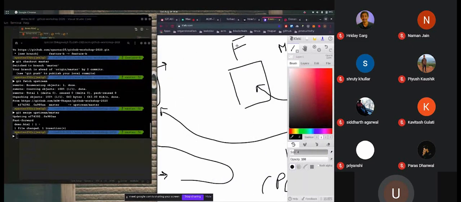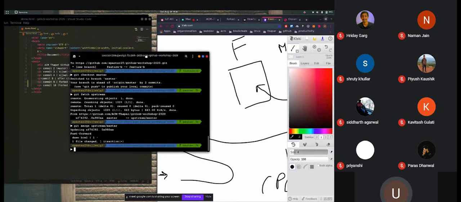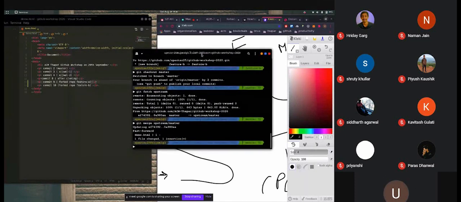Okay, so this solution is pretty easy. We have the upstream remote that points towards the main repository, right? So if we want to have the latest code on the master branch of the forked repo, we fetch the upstream code, and now we have the latest code after merging it.